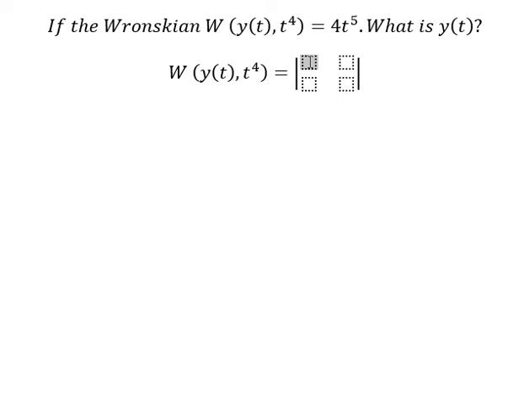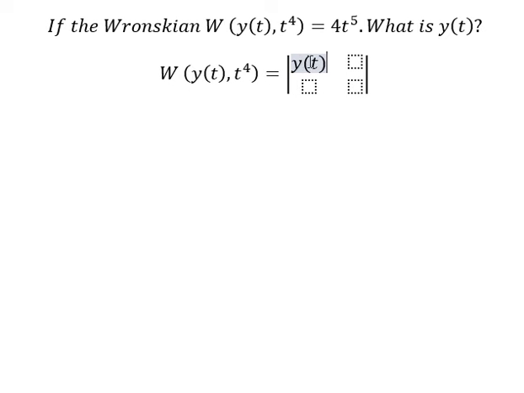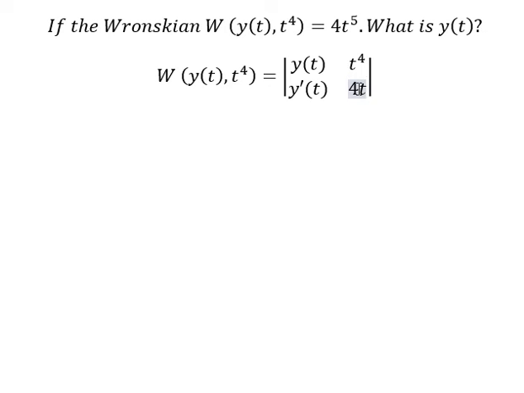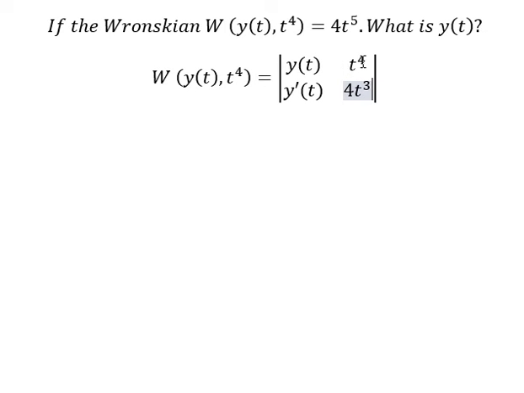So y(t) I will put in here, and t to the power of 4 I will put in here. Later, we need to do the first derivative of y(t), and for this one we have 4t to the power of 3. So we do the first derivative of t to the power of 4 here. Next, if we want to find the determinant of this matrix here,